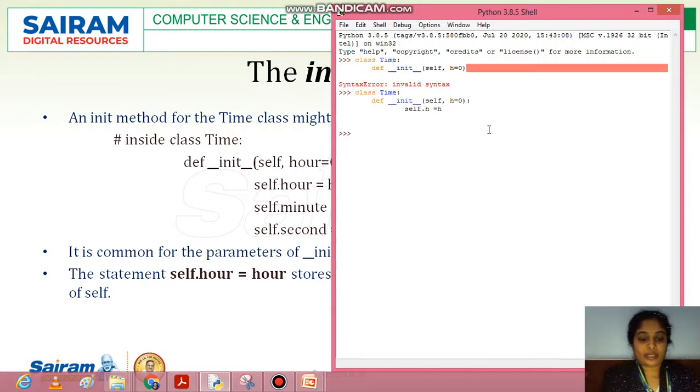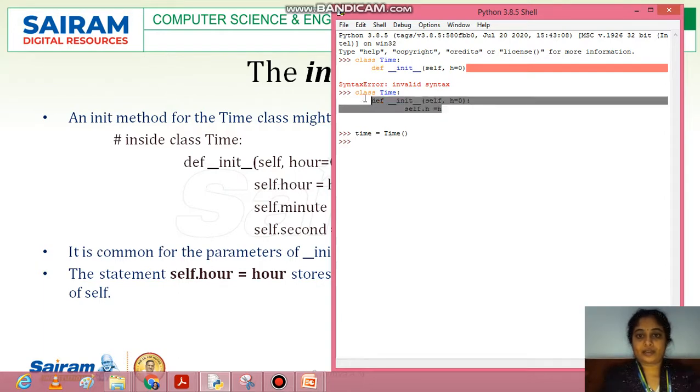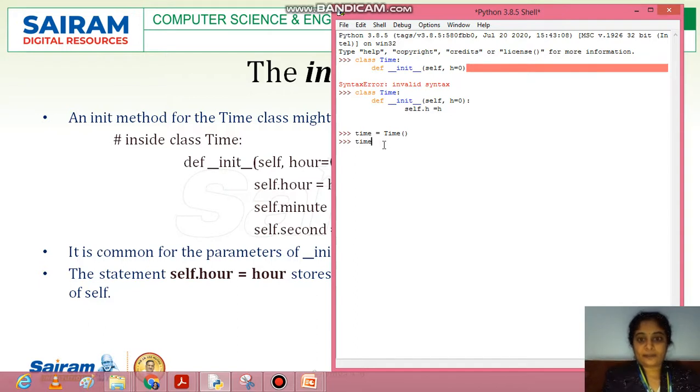If I create an object for the class Time, time equal to Time, and then use hr equal to time.h, it will give you the value 0.